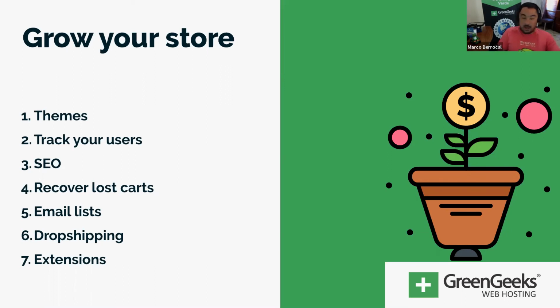Fourth is another add-on, recover lost carts. Right now, there's no way for you to know who goes to the checkout page and leaves. You don't know that. So make sure that you invest maybe money in recover lost carts, because it's people who are about to make a purchase and they left for a reason that you don't know. So it's important for you to visualize this and understand what's happening,